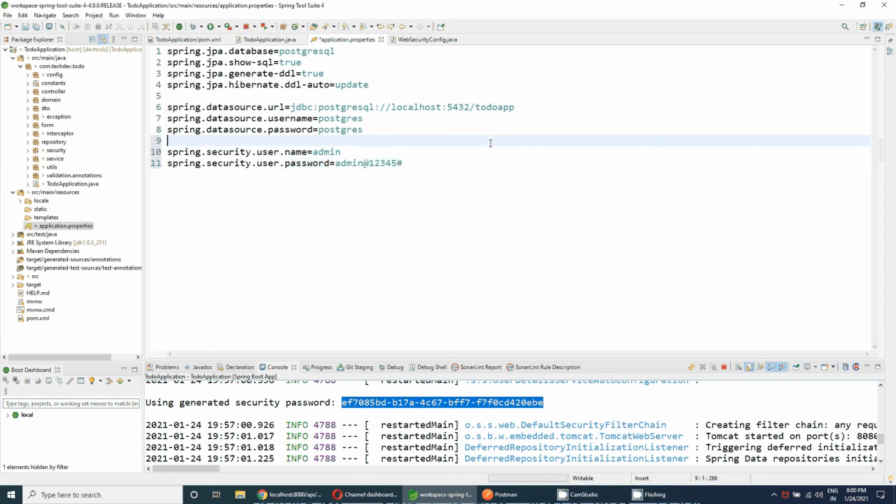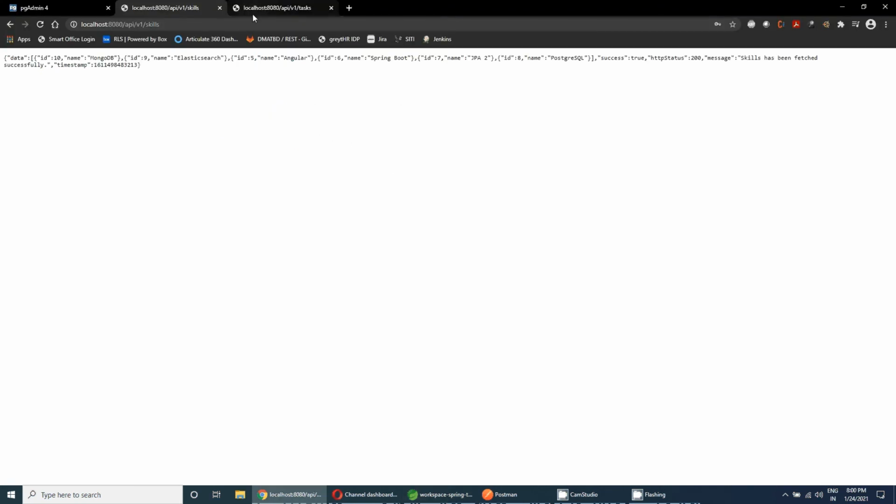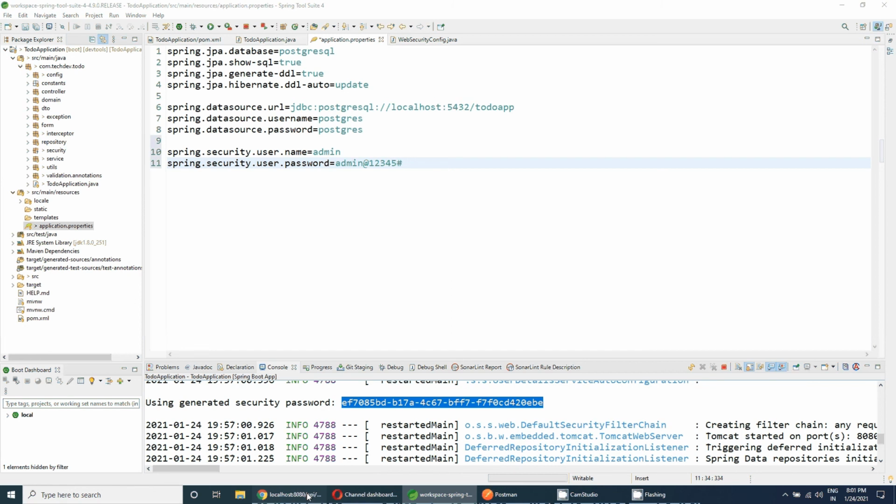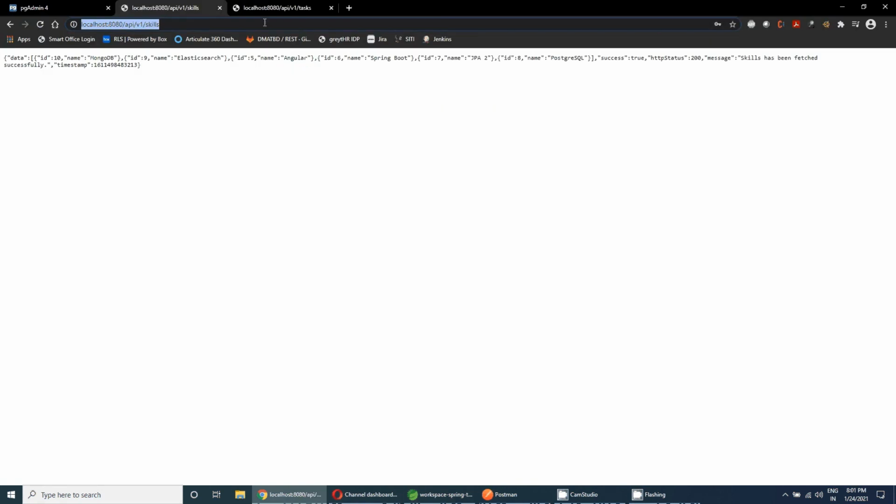So this is the custom username and password providing way by using the application property keys and value concept. Suppose I want to send the request with this credential. Let me first of all log out of this. That means I have to log out from the session first. So for that you need to send the logout request.